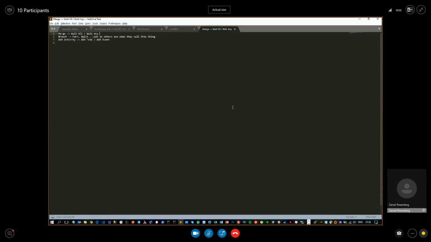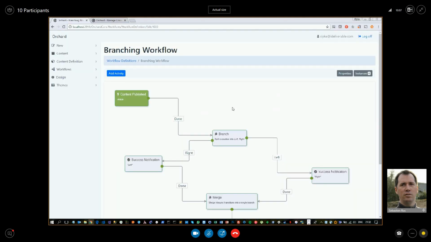In K2, apparently, they have a parallel activity. But this construct isn't primarily about introducing parallelism. Technically they could be run synchronously. Parallelism is not a guarantee here, and it's not the main purpose of the fork. Yeah, the same way there is a wait any and wait all, there should be two activities like we have in Orchard One, which is run the first one or run all of them in parallel.